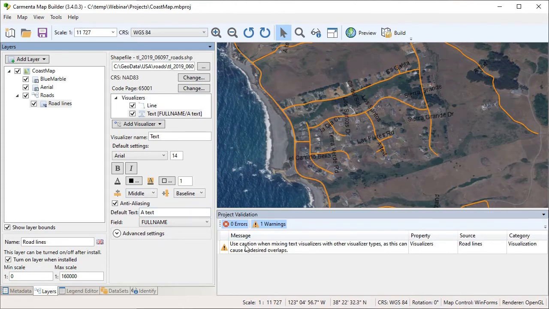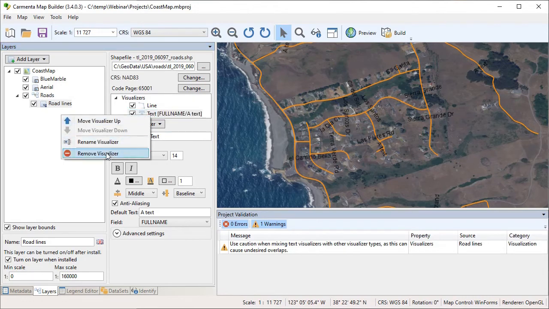We also got a warning here saying to use caution when mixing text visualizer with other visualized text, as this can cause undesired overlaps. And we can see some of those overlaps here where line segments overlap text, and to avoid this we get